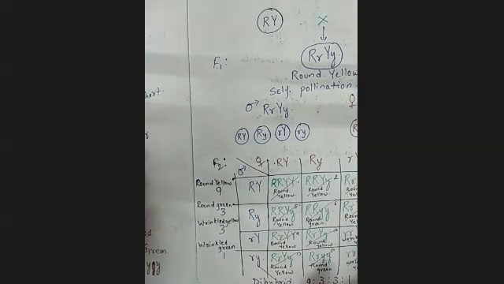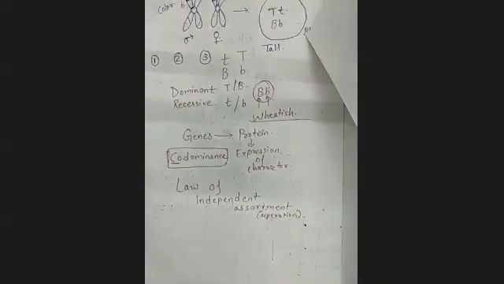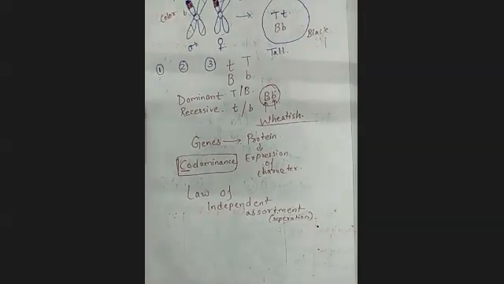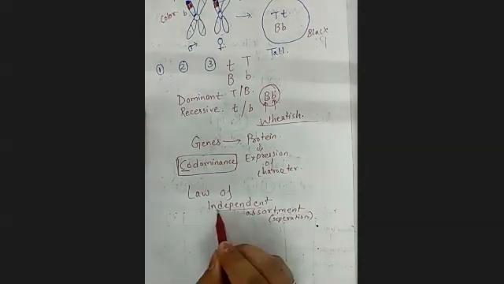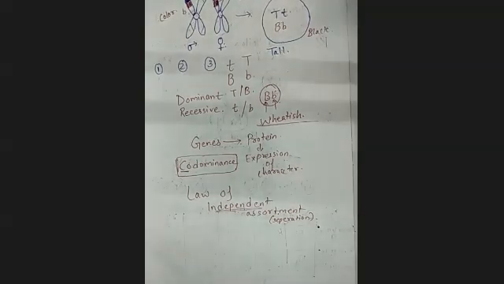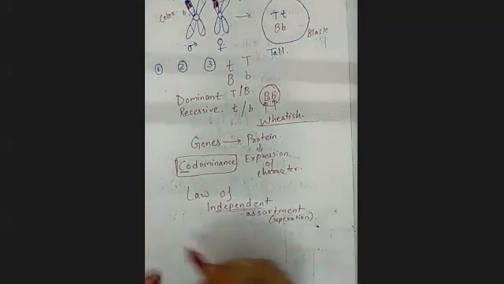Yes, ma'am. Okay. So that is the law of independent assortment. This word, the law, is not mentioned in your book, but if you read the description, there you will read that they are separated independently, something like that. In the description it is written over there. Now the picture is clear for you, monohybrid and dihybrid. Yes, ma'am. Okay, so this is what the thing is.